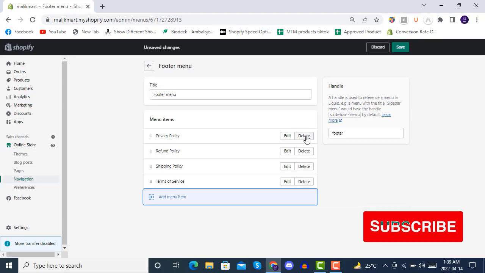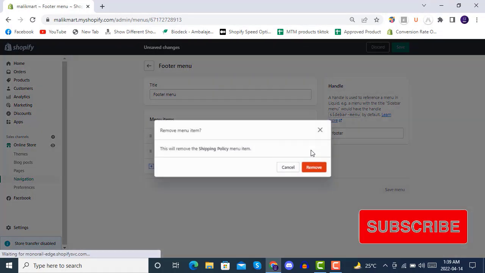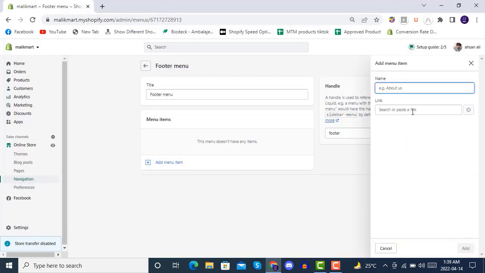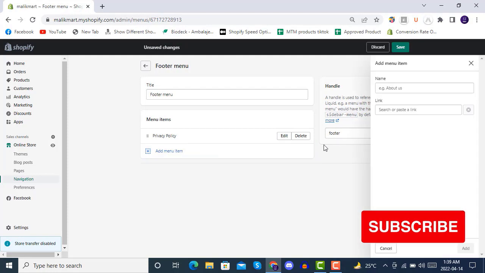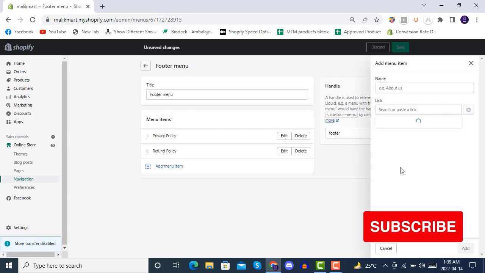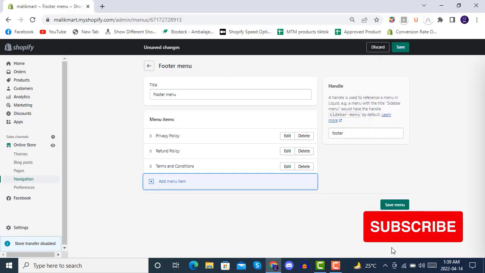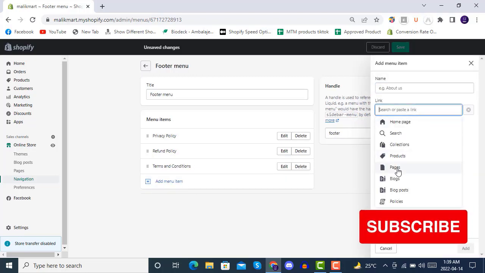So instead of this, we can also, if the default policy page is not created, you can just simply go to the pages we have created and from there select these privacy policy pages and refund policy pages, like this. Okay, these are the menu items we are creating for the footer menu,